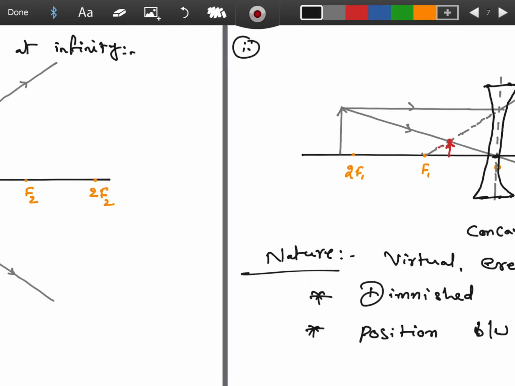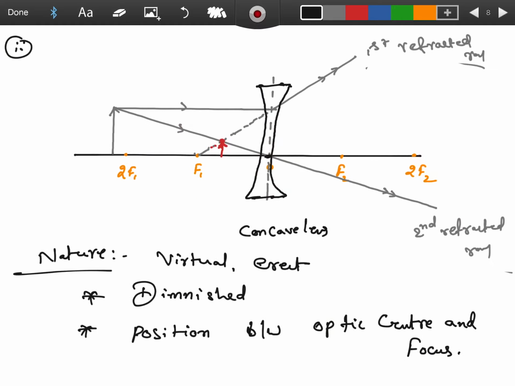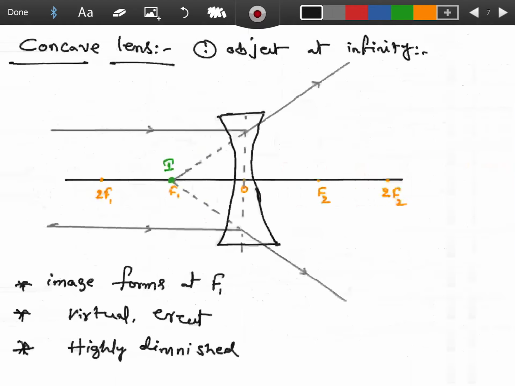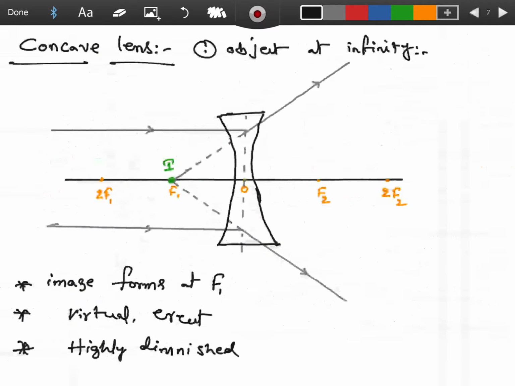These two are the ray diagrams. Concave lens is a diverging lens. This is also called a diverging lens. This diverging lens image always forms on the same side of the object, virtual and diminished. Students, these two ray diagrams also you represent in your classwork.